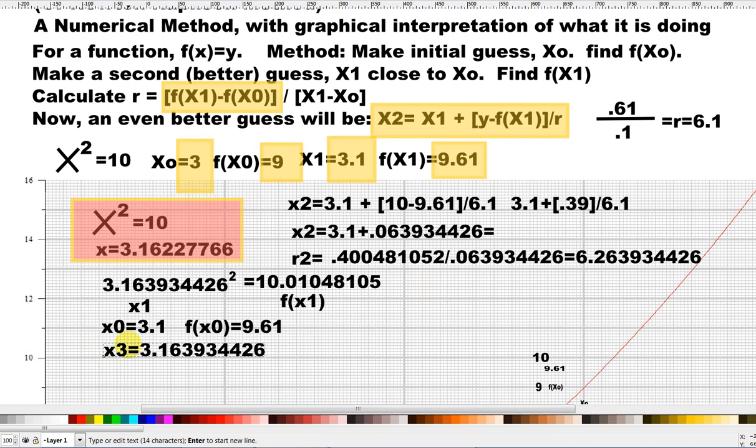3.163934426. But now we have to adjust it, and our adjustment is, how far off is this 10.010481005? So 10 minus that. And so 10 minus this is going to be negative 0.01. We can do this in our head because it's just the difference here. So 10 minus this is negative